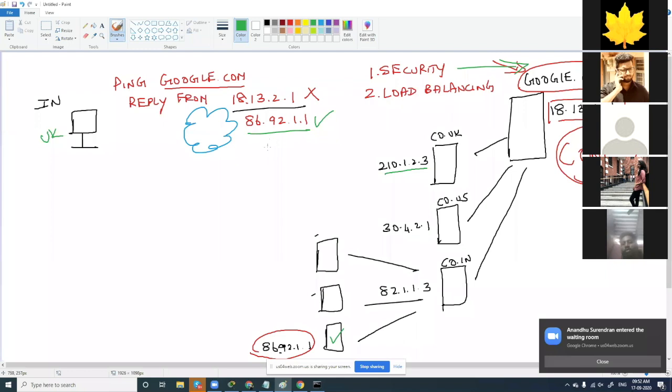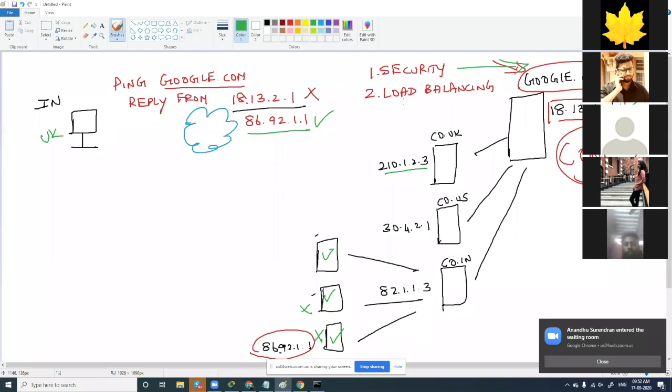Even if I succeed, even if this server goes down, the next moment another server will be up. If this is down, this will be up. So if you look at this architecture, it's a secured architecture where this main server, which is controlling all the other servers, is very hard for attackers to slow down. Right? So that is for security.